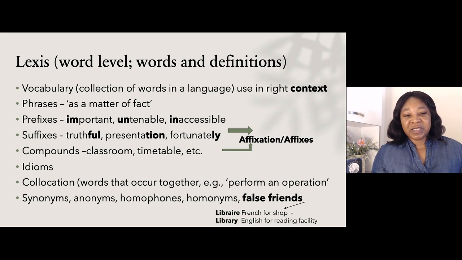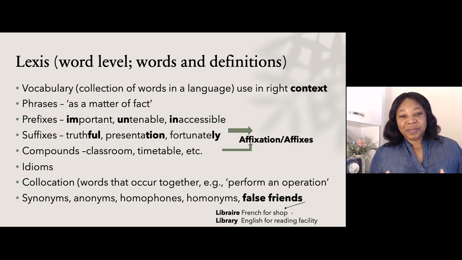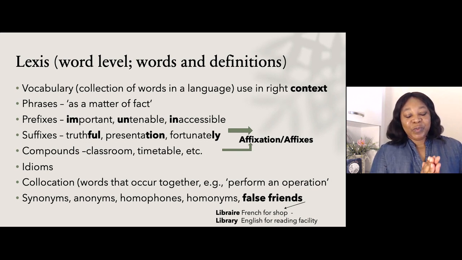Phrases are made as strings of words, okay, and they are part of a sentence, all right, and they have their peculiar definitions, which I'm not going into, but they're at word level because they're not a complete sentence. So we have affixes or affixation. Affixes are made up of prefixes and suffixes. So we can teach children about words at the word level, that you can add something to the beginning of